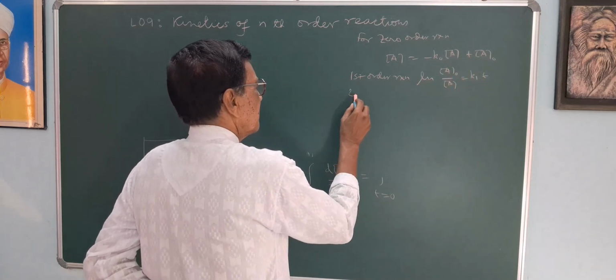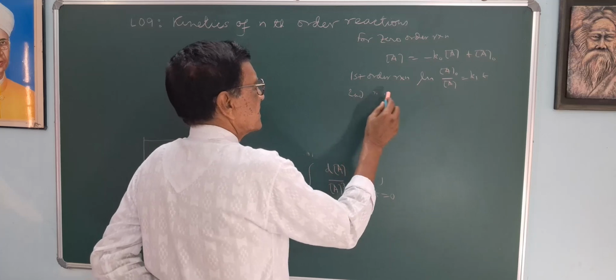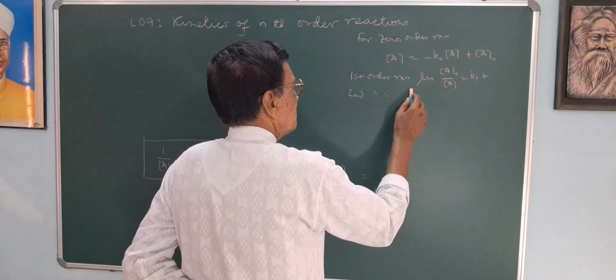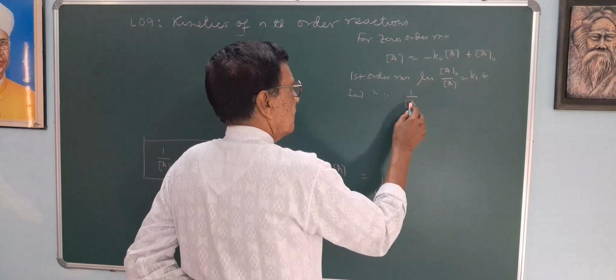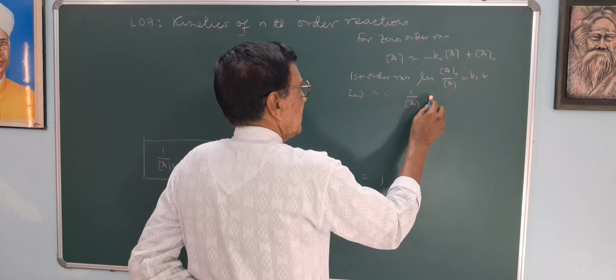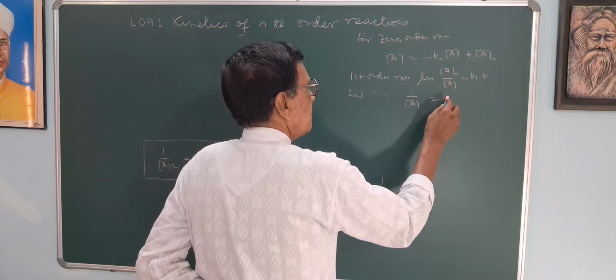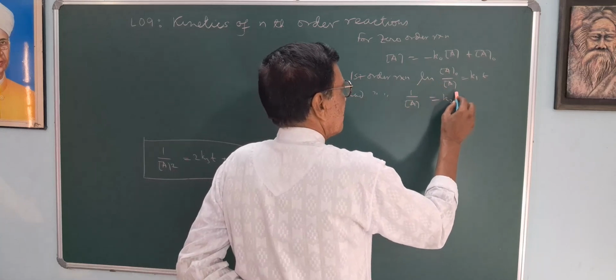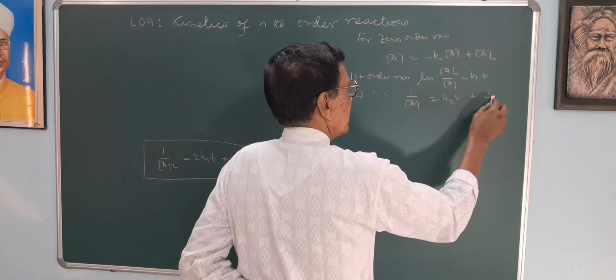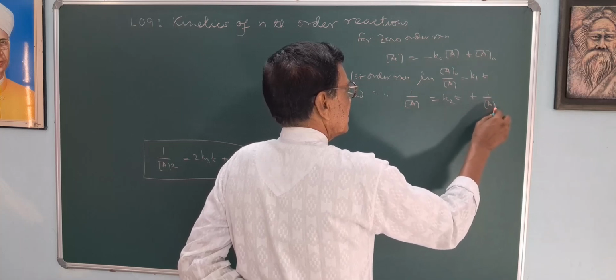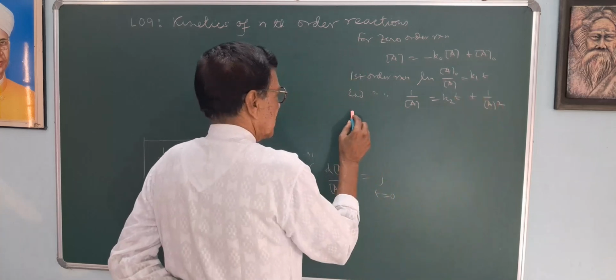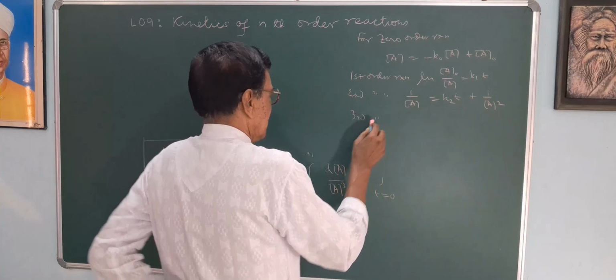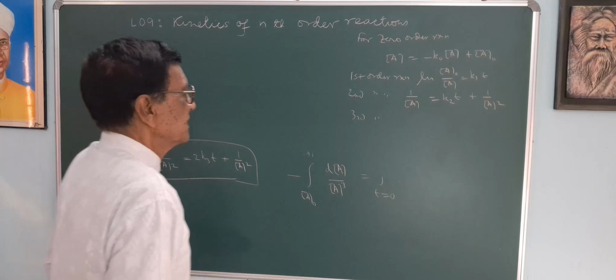For second order reaction, it is 1 by [A] equal to K2 t plus 1 by [A0]. And for third order, which I have done recently, it is 1 by [A] squared